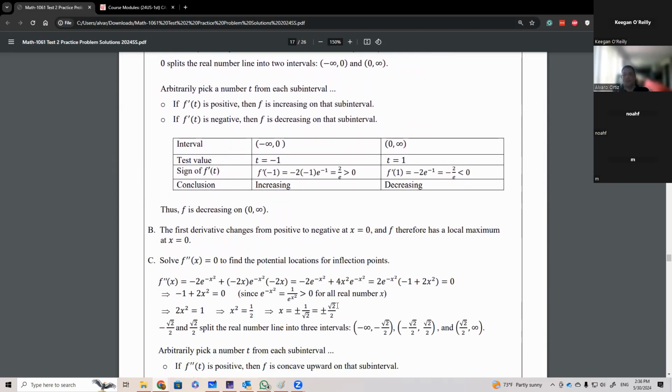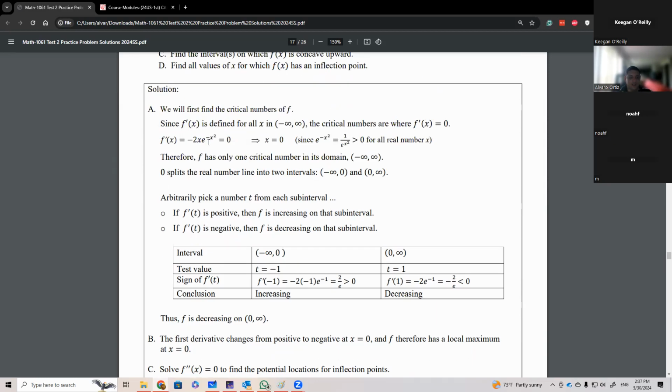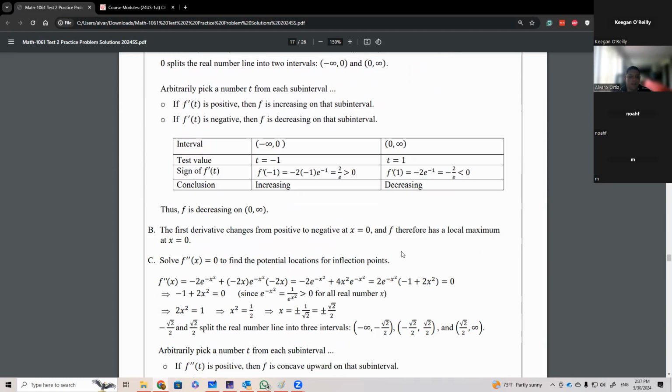Now, another thing that we can look for in here is concavity or inflection points, if you will. So the critical points are where f prime is equal 0, but the inflection points are potentially going to occur where f double prime is equal 0 or does not exist. In this case, that might even be the case because we have something that is potentially dividing, although we can take this as a product rule, if you will.